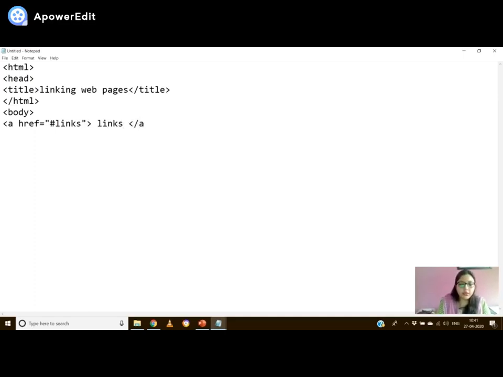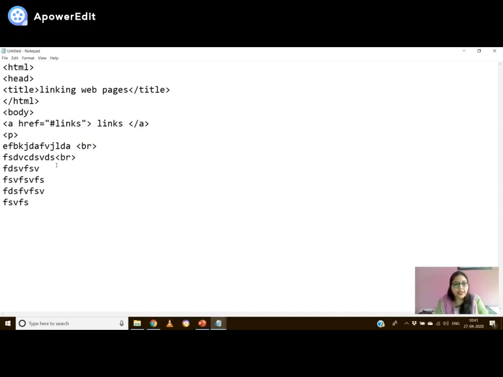Now let me write any paragraph, and within the paragraph let us write anything because I don't want to waste my time. And what I told you, that you have to insert a break, because otherwise it is going to be in a horizontal line, and I want to use the space, so I'm using this.